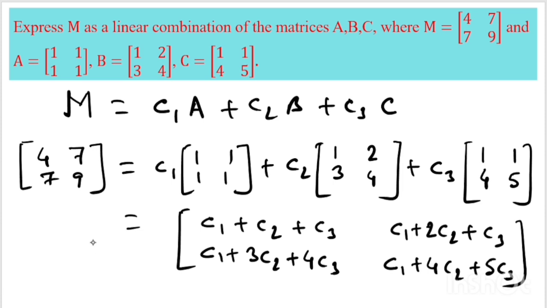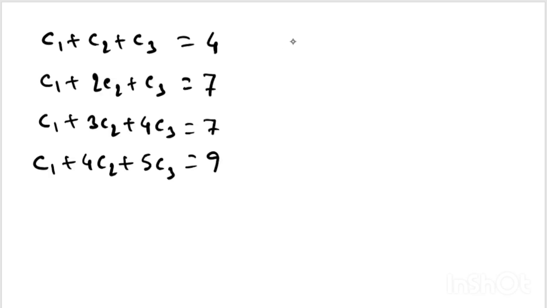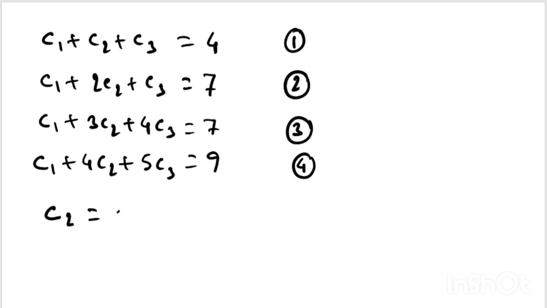We compare both the sides and get, we name these equations as 1, 2, 3, 4. Putting the equation 1 in 2, we get C2 is equal to 3. When we have the C2 value, we can put C2 in the 3 and 4 equations. Then we can get